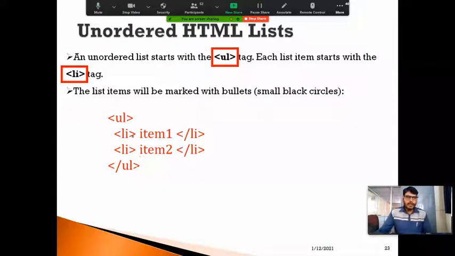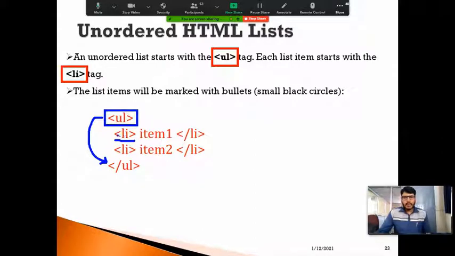As you can observe here, we use the UL tag. UL stands for unordered list. This is the opening tag, and respectively this is the closing tag. Similarly, within this UL tag, we can use the Li tag. Li stands for list item.